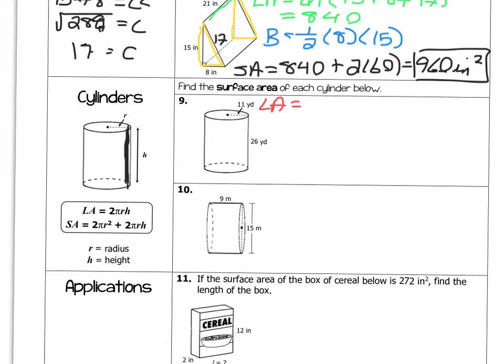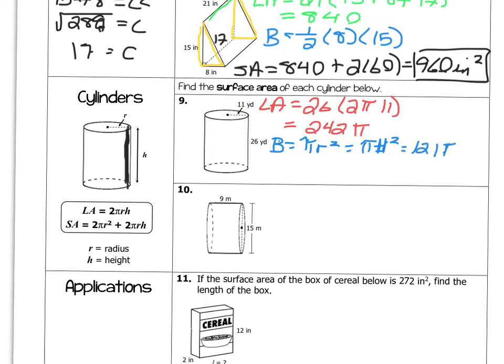Well, let's see, my height is going to be 26, and the circumference is 2 pi, and my radius, which is 11. So what that's going to give me is, let's see, I get 242 pi. So the next thing I need to do is just like I did before. I need the area of the two bases. So the area of my base is pi r squared, which is going to be pi 11 squared, which is